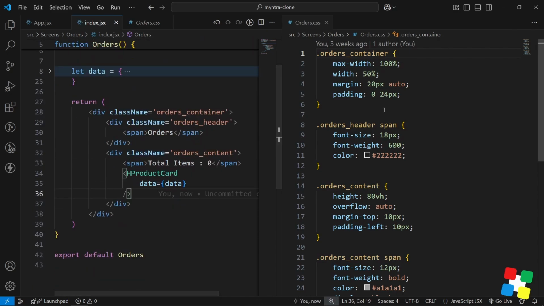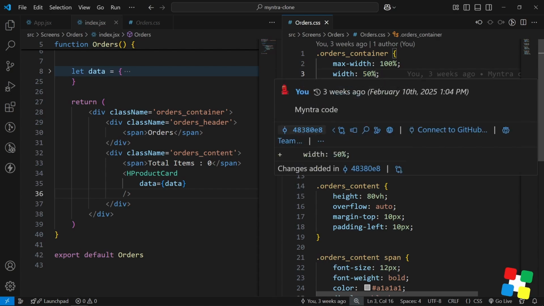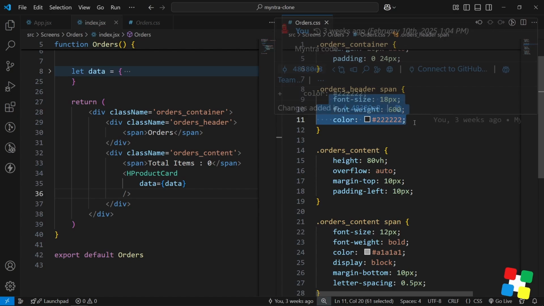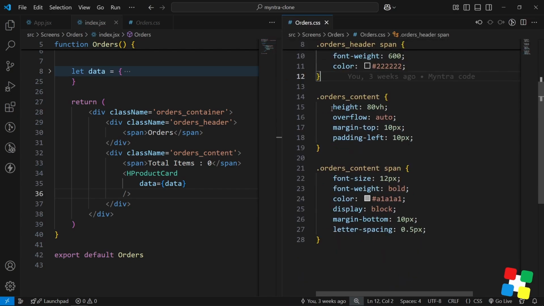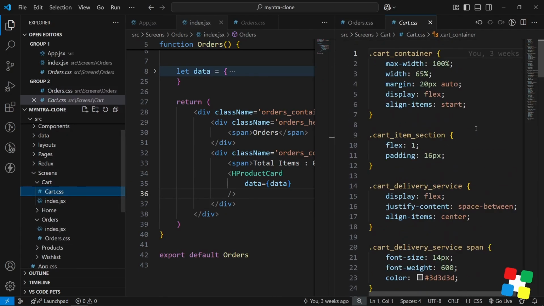So let me explain the CSS we have. The CSS is still the same. Max width will be 100%. Width here we have taken 50%, and using the margin 20 pixel auto we have centered this div, and padding 24 from the left and right side. And for span we have some font size CSS. For order content you see again I have taken 80 VH as height with overflow auto, because it is going to break the UI. I don't want to break the UI, that's why I have taken this one, and some margin and all. And one thing we don't have here, which we can take from the cart CSS,